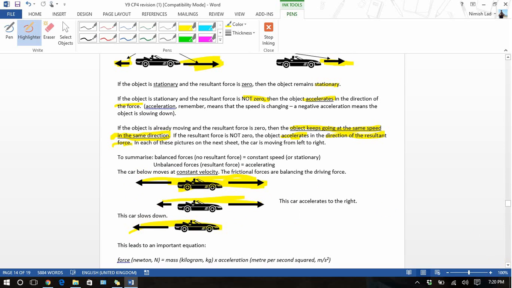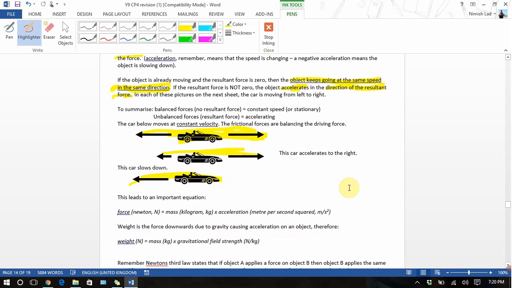This leads to an important equation known as Newton's second law. So everything we've discussed so far is Newton's first. This over here is Newton's second law. So force equals mass times acceleration. That also leads to another idea, which is that weight is equal to mass times